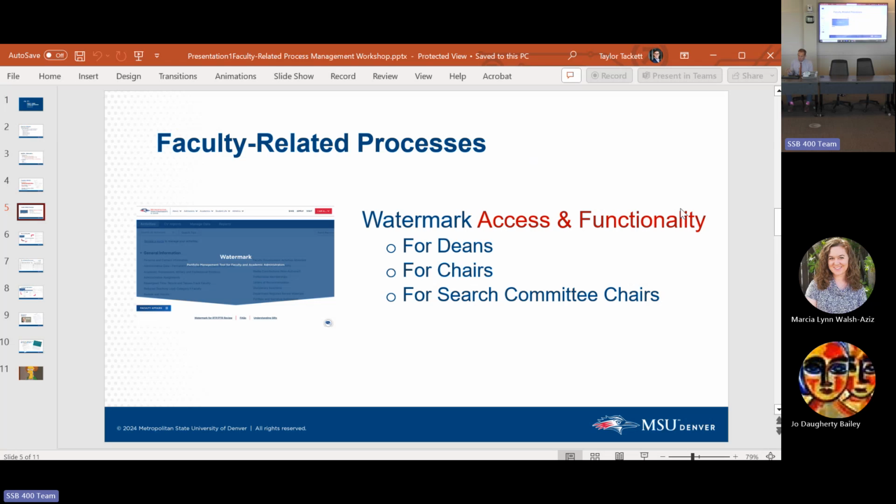But just so you know, associate deans in particular, and Gretchen, this could be you too, it is the responsibility of the dean's offices to grant the access to department level committee chairs, as well as to the college or school level committee chair for those things. If you have issues, of course, we're here to support you, we can assist, but it is the responsibility for you to gather that information and share it out.